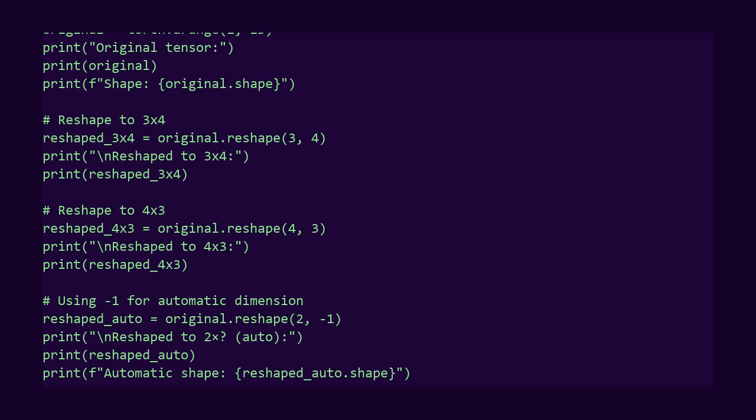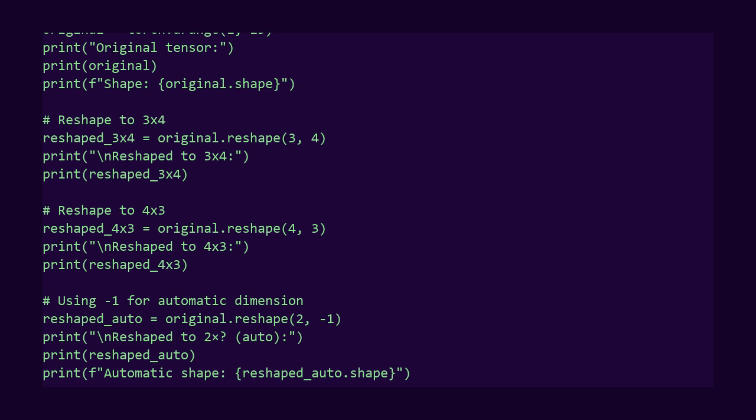Look at the output. The values are the same, just organized differently. I can also reshape it as 4 by 3. Now, we have 4 rows and 3 columns. Notice how the elements fill in row by row. And here's a useful trick. I can use -1 as a dimension.